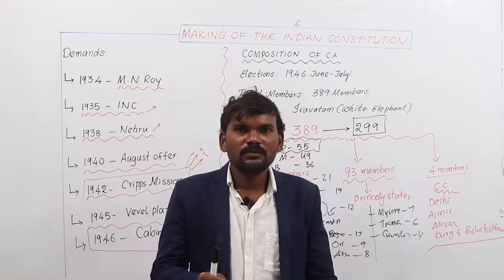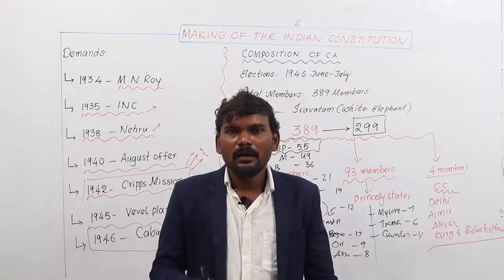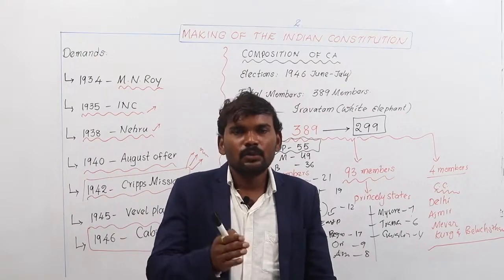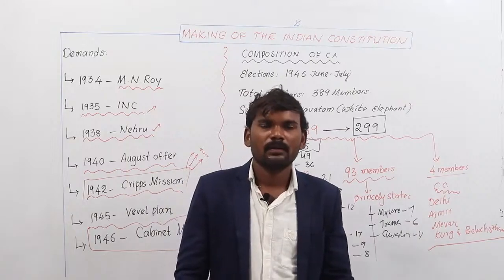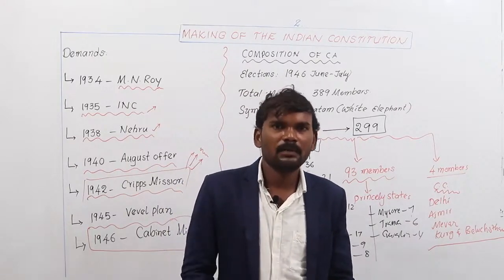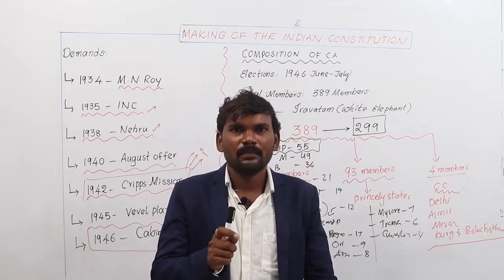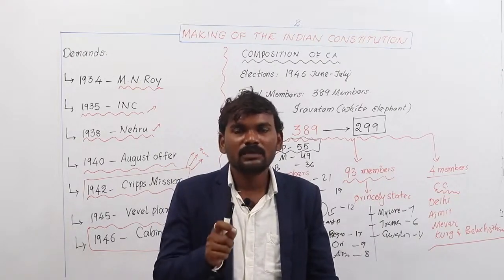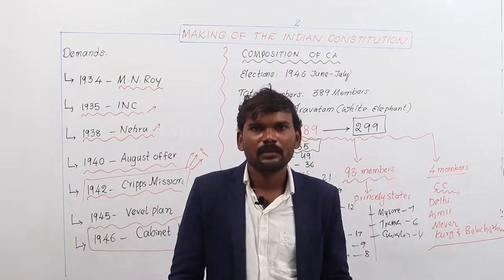This Objectives Resolution, which was introduced by Jawaharlal Nehru in the Constituent Assembly, was the source of making a preamble to the Indian Constitution. Every constitution has its own preamble, but the original source of the Indian Constitution's preamble was laid down in the Objectives Resolution passed by the Constituent Assembly on January 22nd, 1947. So like that,